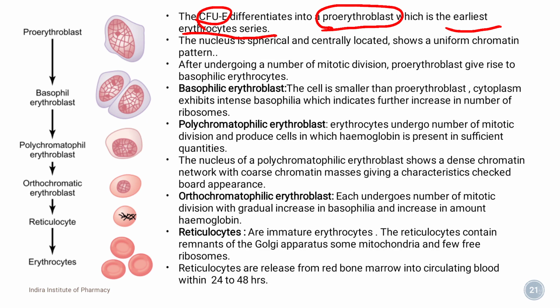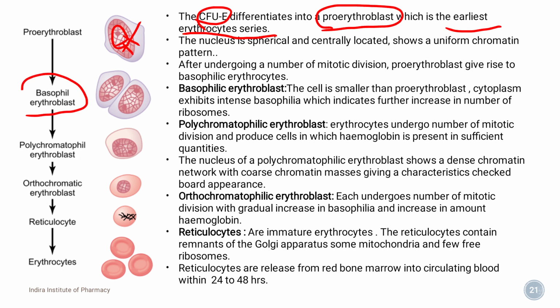The nucleus is spherical, centrally located, and shows a uniform chromatin pattern. So you can see the chromatin pattern, the fiber-like structures which are arranged. After undergoing a number of mitotic divisions, this proerythroblast will give rise to